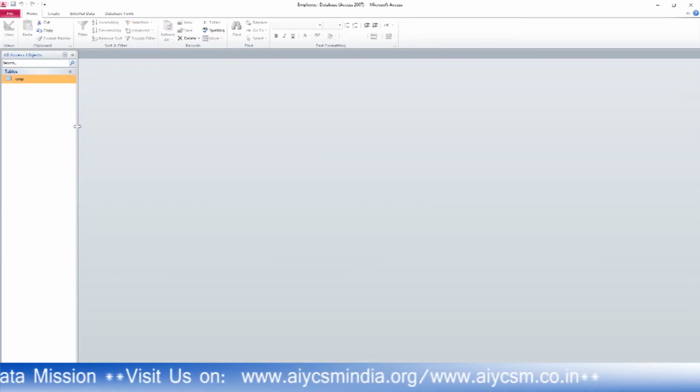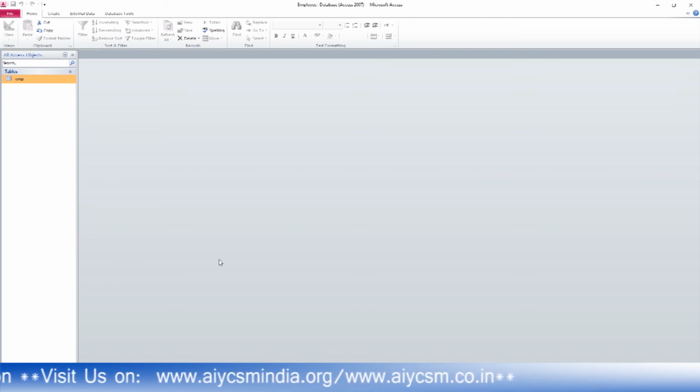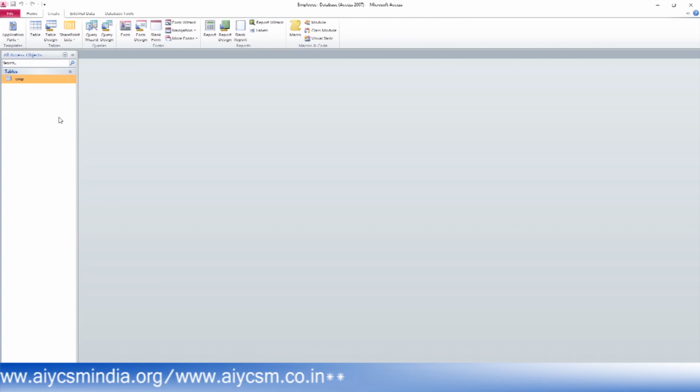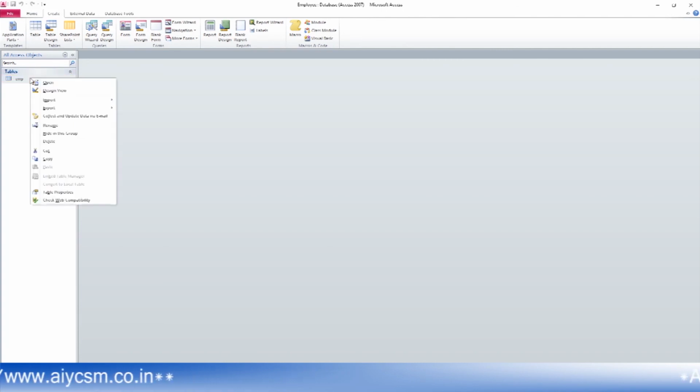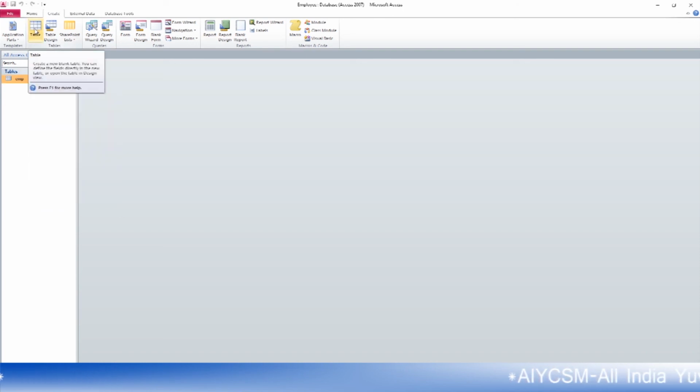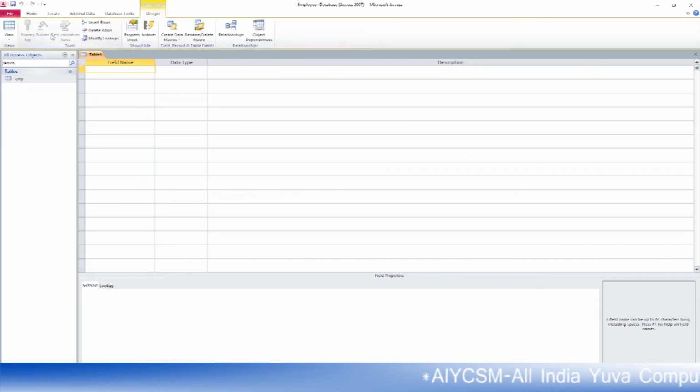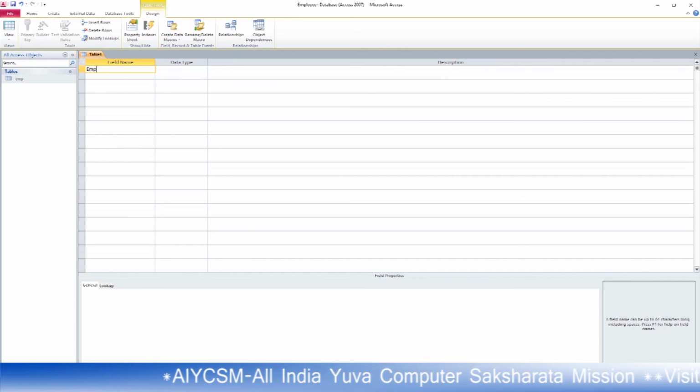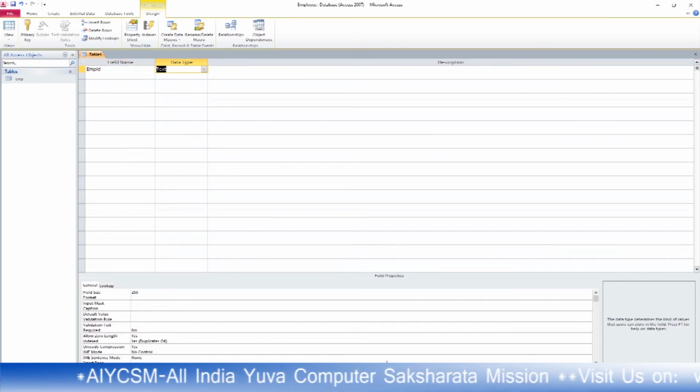So now I have to create another table. The name of this table is EMP, and I just want to create another table in design view with the same fields and same names. Why I am creating this, you will see next.